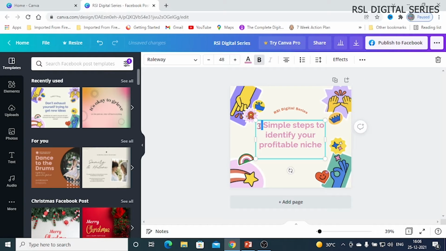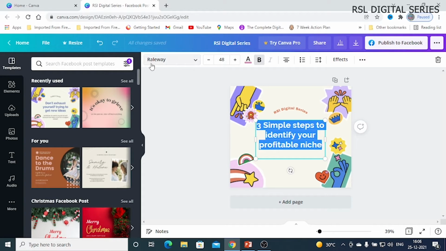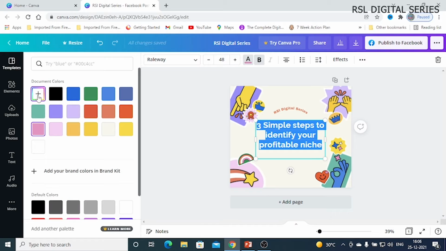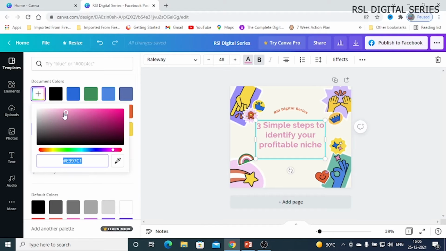See, this has changed. If you don't like this color, then you have several options here. If you click this one, you'll have several options from where you can choose your color. Some dark colors I will choose.